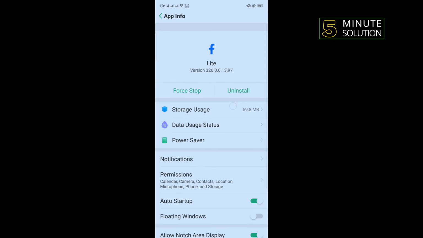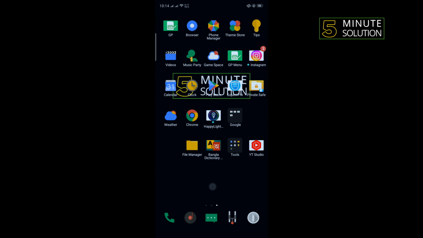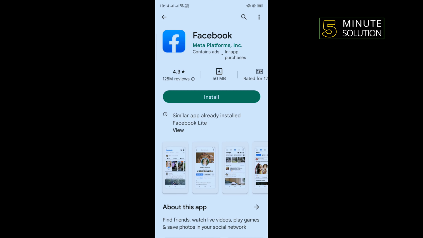on uninstall. Once you uninstalled your Facebook, go to Play Store and search your Facebook. Once you get it, you'll need to reinstall your Facebook app and log into your account and check the problem